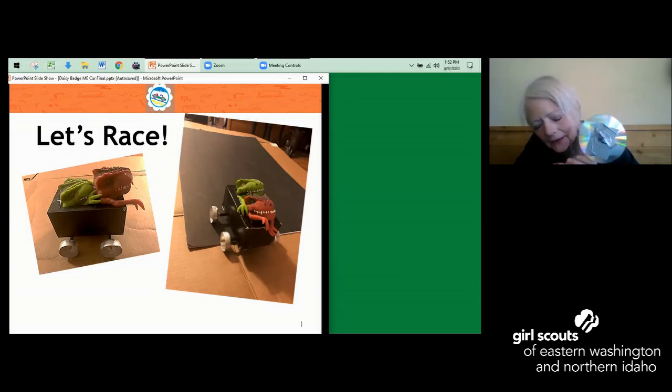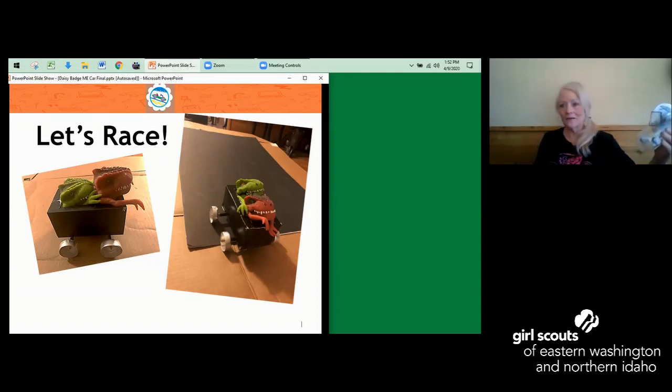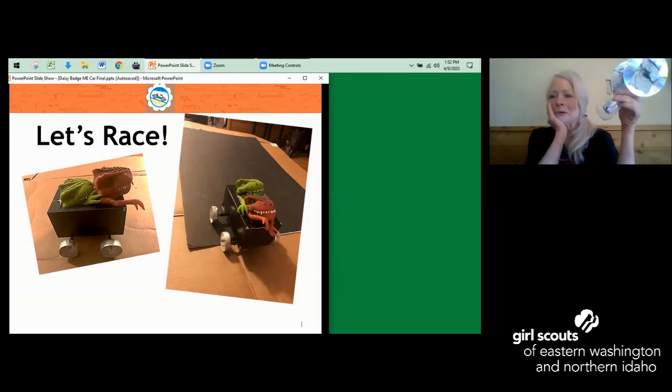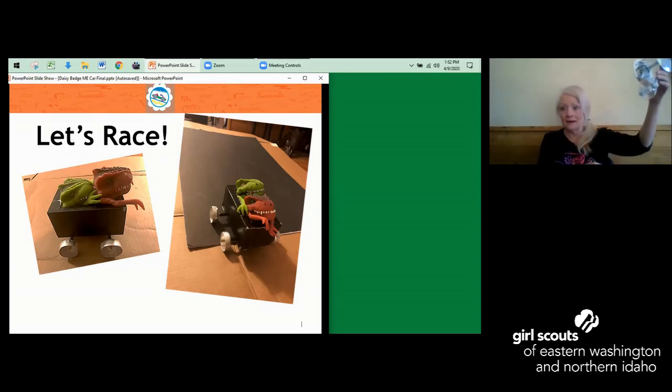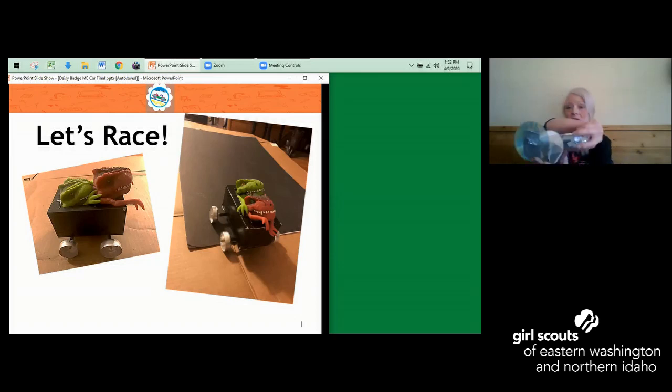I was frustrated. So, have you ever gotten frustrated like that? So I said, I wonder what'll happen if I run it without the front wheels. So I put it on the ramp, and it goes down the ramp, and it gets to the bottom of the ramp, and guess what it does? It flips over like this